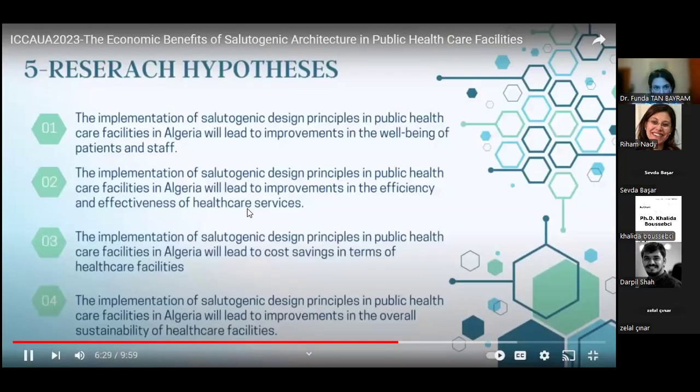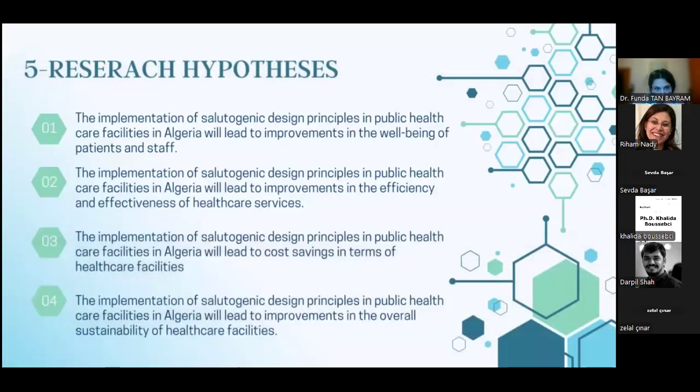state that the implementation of salutogenic design principles in public healthcare facilities in Algeria will lead to improvement in the well-being of patient and staff, will lead also to the improvement in the efficiency and the effectiveness of healthcare facilities. It's going to lead to the cost savings in terms of healthcare facilities, and finally will lead to an improvement